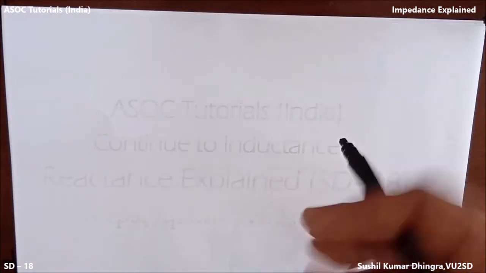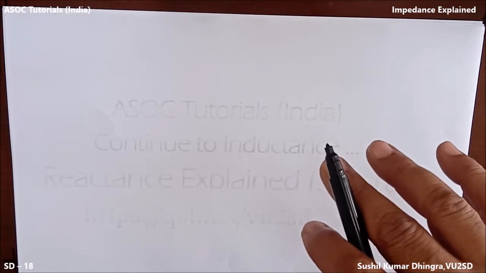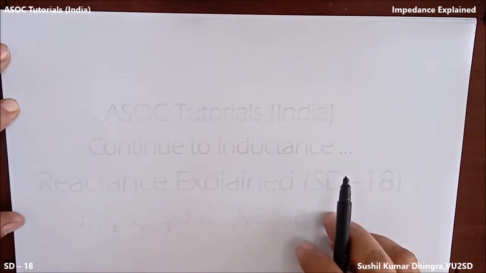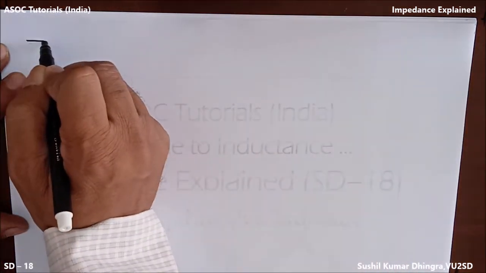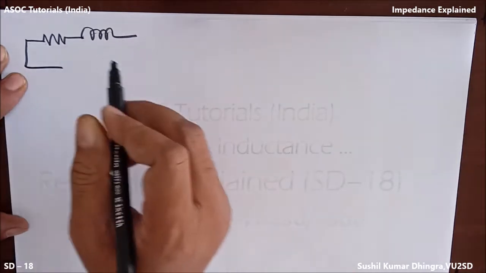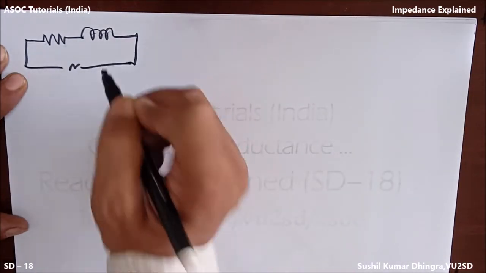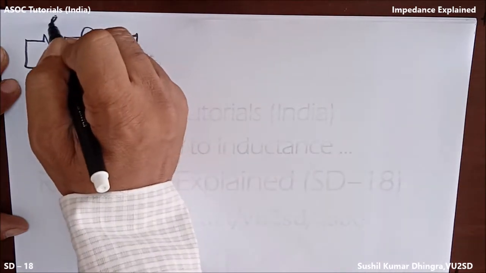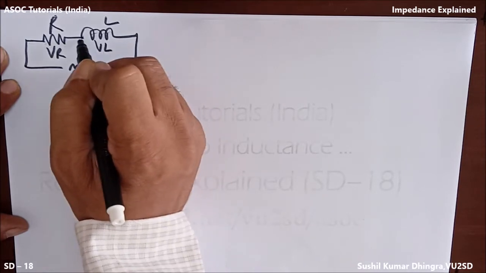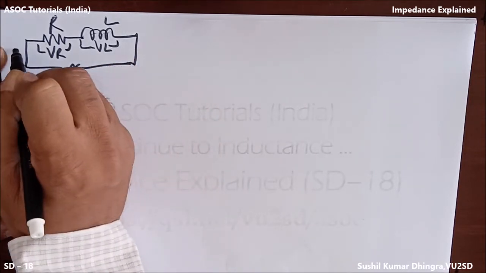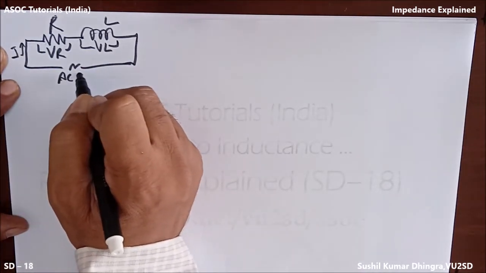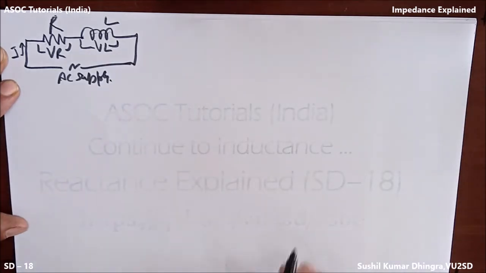So coming straight to the point: resistance with inductive reactance, how they behave. First I am drawing a diagram. I have a resistance with inductance, same question, same style. Here I have an AC supply. This is R, this is L. This is the voltage across R, this is the voltage across L, and I is of course flowing through it in this direction. This is the AC supply, with some frequency and voltages.